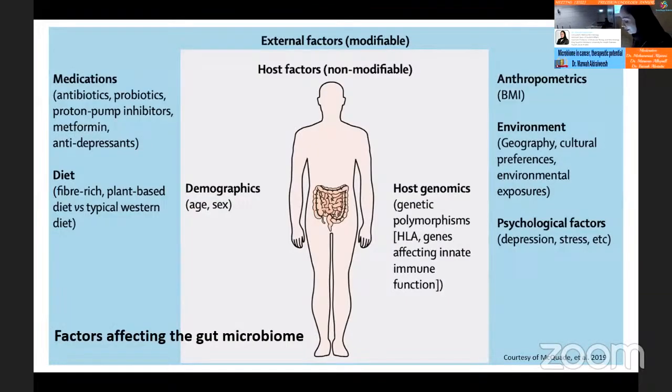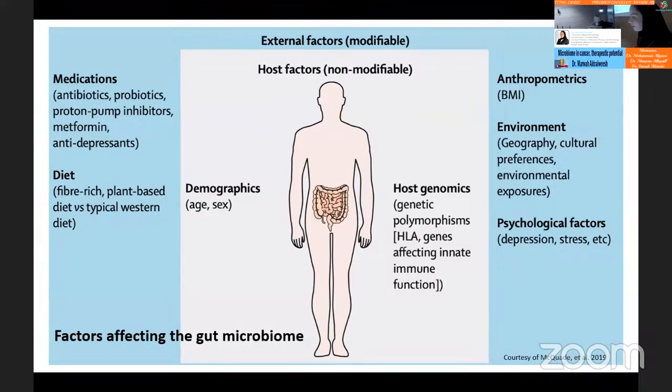So in this slide, we can see the modifiable and non-modifiable factors that affect the gut microbiome in our bodies. We'd like to specify here the modifiable factors, so something we can modify, okay? So we have the medications, the diet, especially the fiber-rich plant-based diet, which has a positive impact on the gut microbiome, versus the typical Western diet that has a negative impact on the gut microbiome. Also, the environment, including geography, cultural preferences, environmental exposure, and psychological factors, all these modifiable factors can influence the gut microbiome